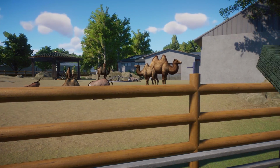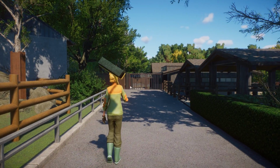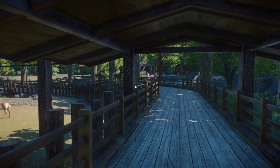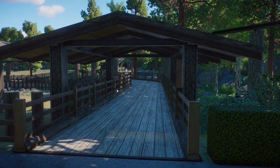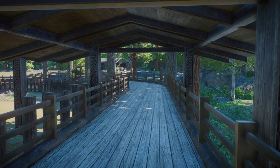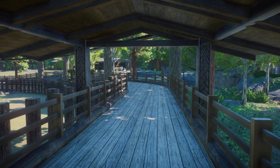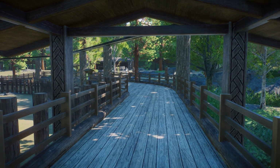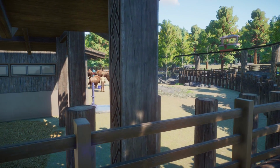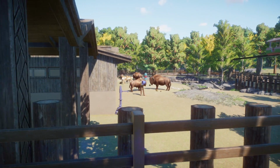And while we are going there, you can also already see a little part of the camel and gemsbok habitat over here. But we are continuing to the North American section of this zoo, and we have to go in here, I guess. So this looks like a separate path. So you will have a main path, and you can get along this path to see the entire North American section. And on the left we will have the bison,